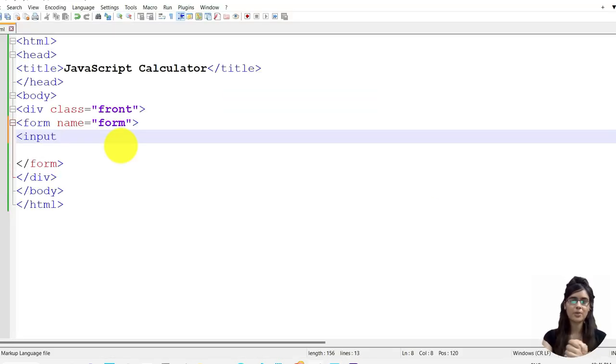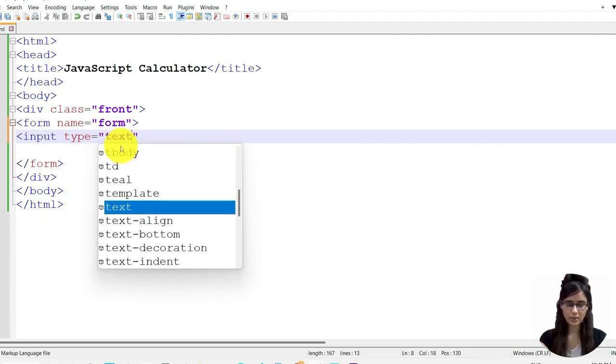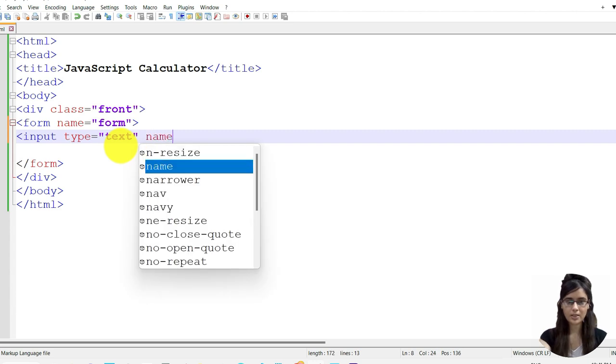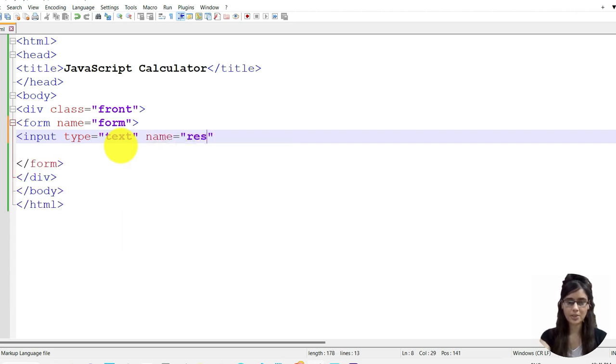So here I'm using input tag to take input from the user, and my input type is text. Done. Now this name is result, as we are using it to display the result.